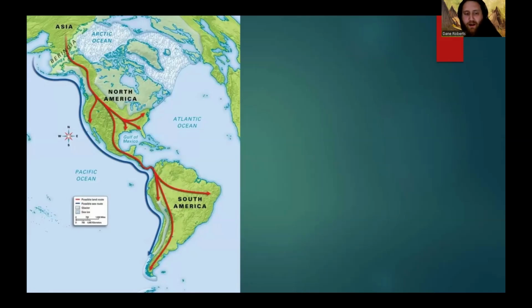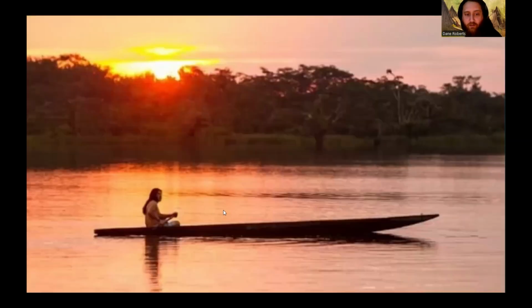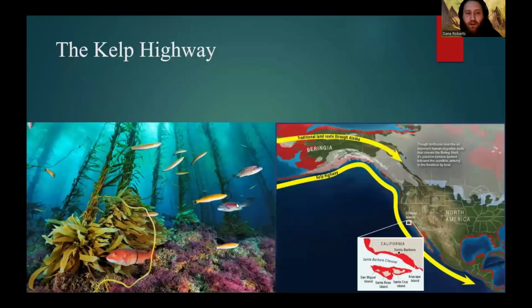And then there is also a much earlier, less well known, though it's becoming increasingly more well known over the past couple of decades, route that was taken by boat, where individuals from East Asia used boats to hug the coastlines of Russia, the Bering Land Bridge, and the Americas to, of course, settle in the Americas. Here's an example of the boats that they would have used, and this is known as the Kelp